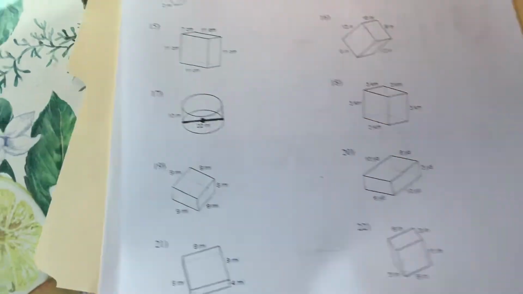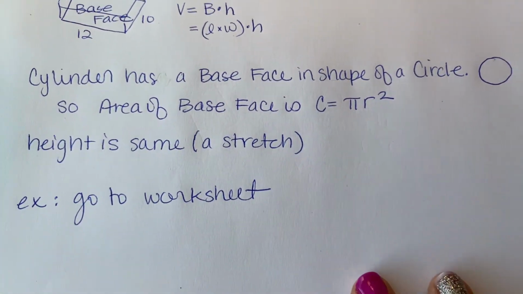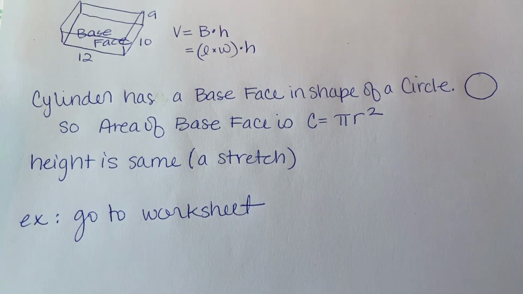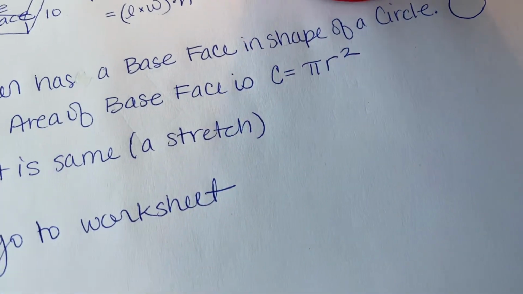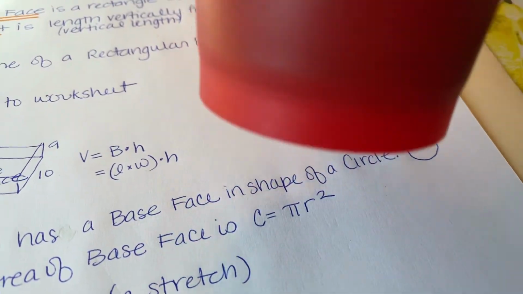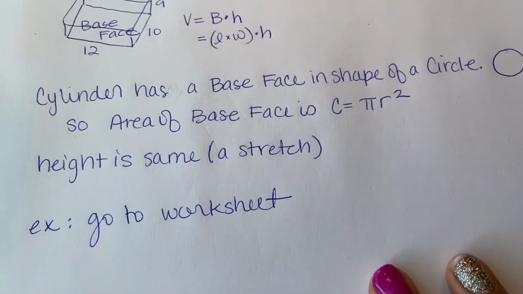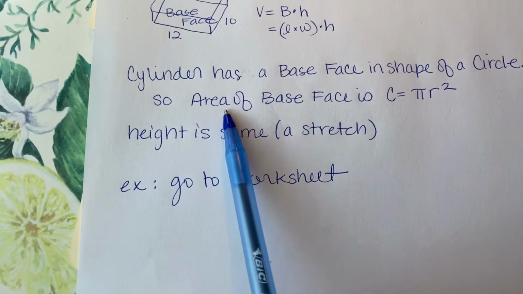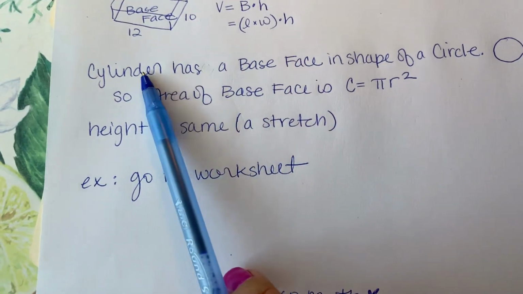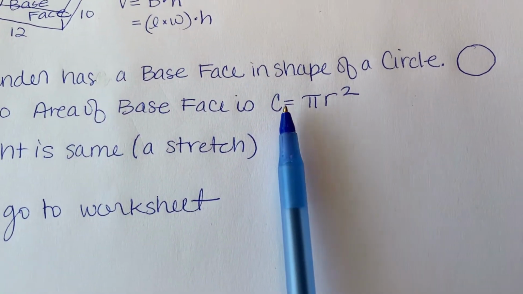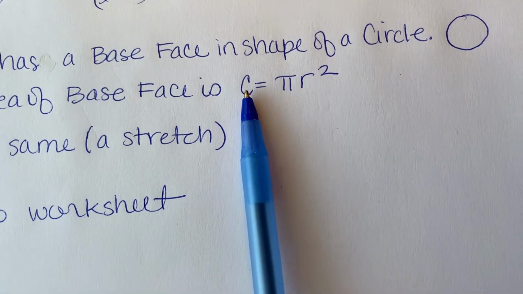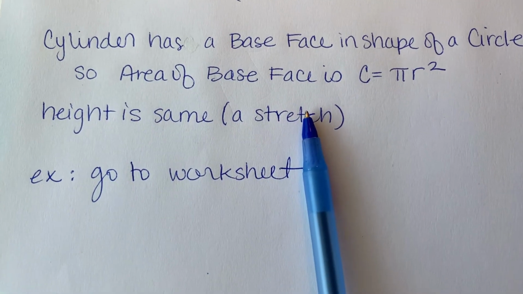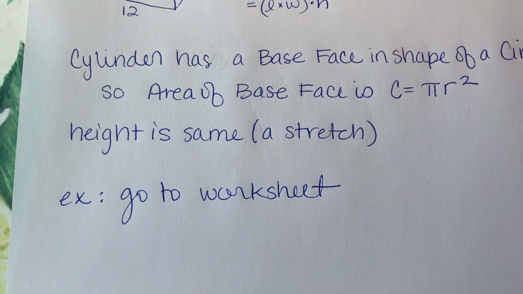Easy? Okay, cylinders. Here we go. Cylinders have a base face that's in the shape of a circle, like my Starbucks. It actually has coffee in it, so I can't tilt it, but you guys get it. It's in the shape of a circle. So the area of my base face of the cylinder is a circle. And what's the formula for the area? Not circumference, it's pi r squared. And then the height is just that stretch. That's it. Okay, so if you go to your worksheet,